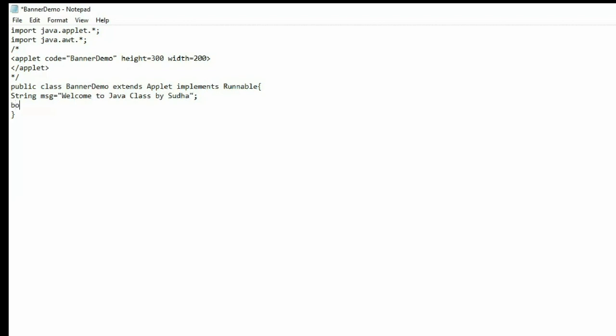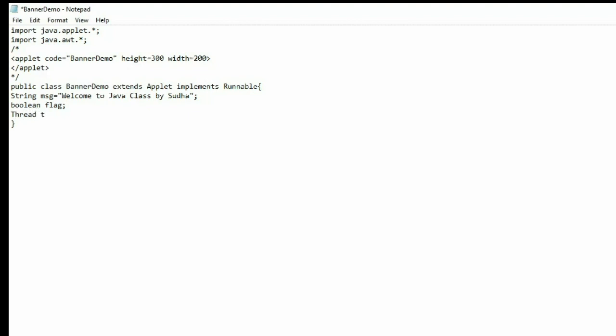Then I'm taking a flag, which is boolean, so it will be true or false. If the flag is false, then the banner will move from left to right. If the flag is true, then the banner will stop. So the flag true or false will indicate whether the banner should move or not.